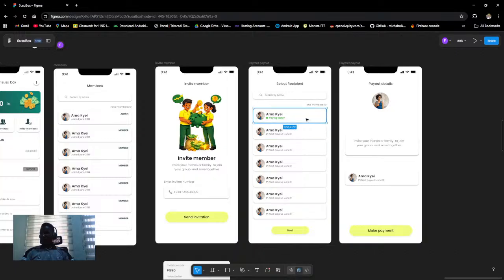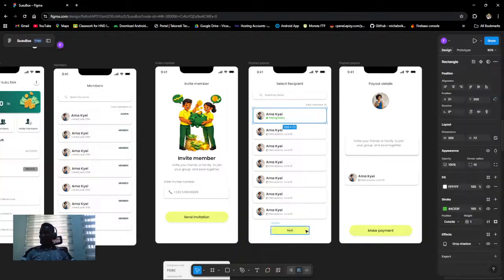Right. So if you check here, yesterday there were two buttons. There was a button here that says pay now. Then there's another button down here that says